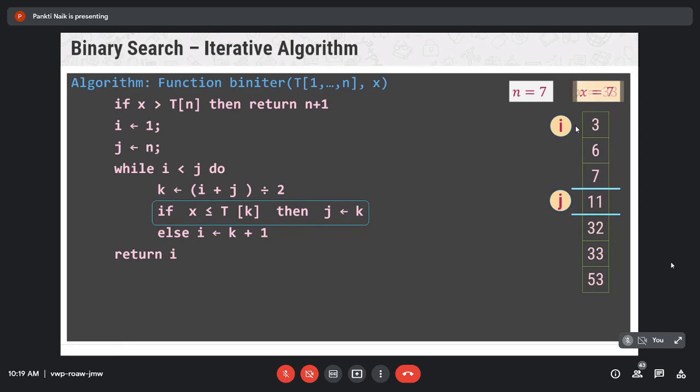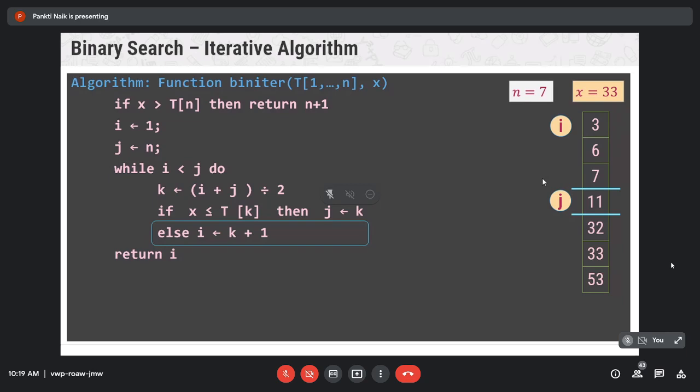We have to search into the left sublist, right? Again, repeat the same procedure, right? Until we get the position where x is equal to 7 is present, right? Now, if our value of x is equal to 33,